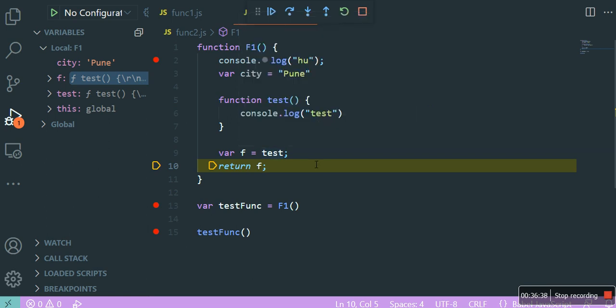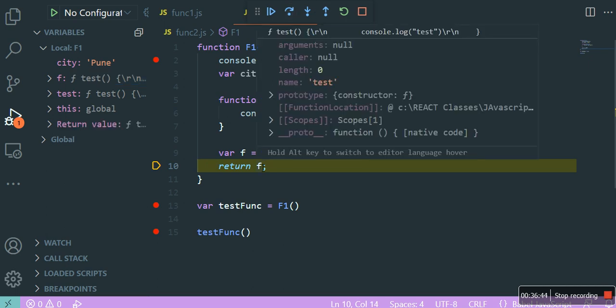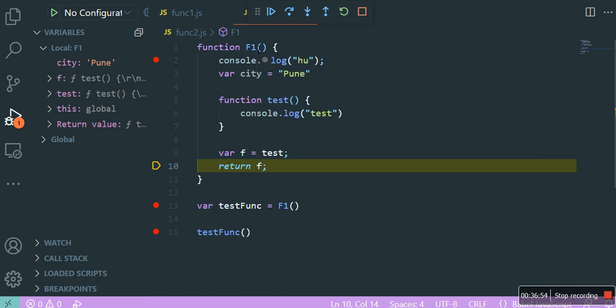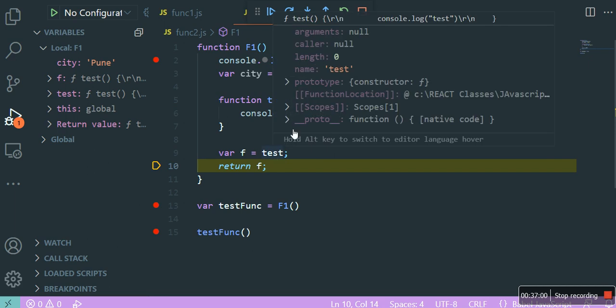Now when I return f, see here what happens. F is holding the function object. Now talk about the object. Does this object have anything to do with this function f1? My question is simple. Again, I'll repeat. This is my function body, function object, correct?